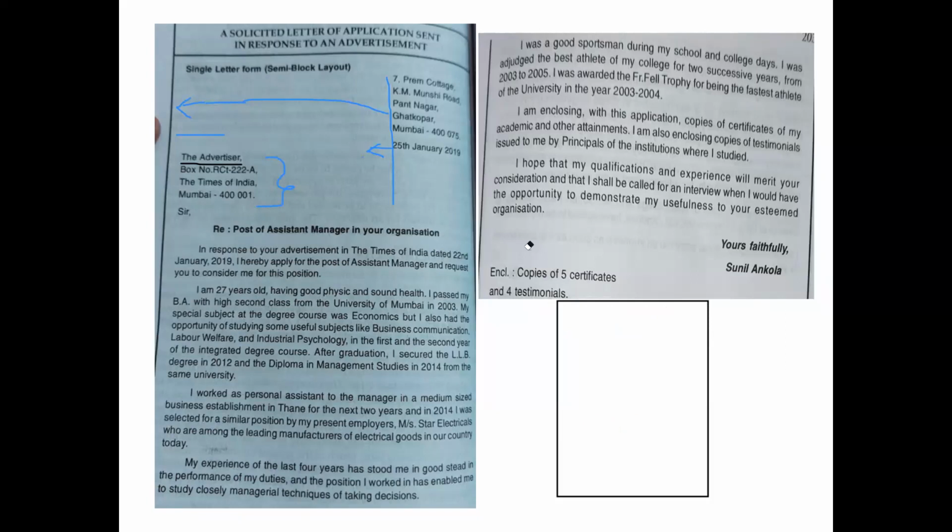I have to redo that again, because suppose this is your page. The first thing you will write is your name, then your address, then leave one line blank because we are using double spacing for the full block layout. So leave one line blank, then write the date.